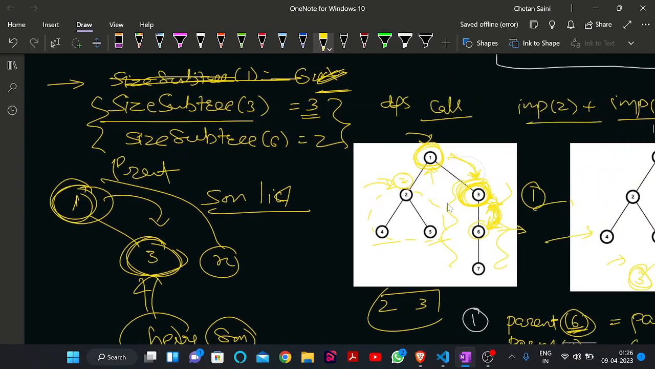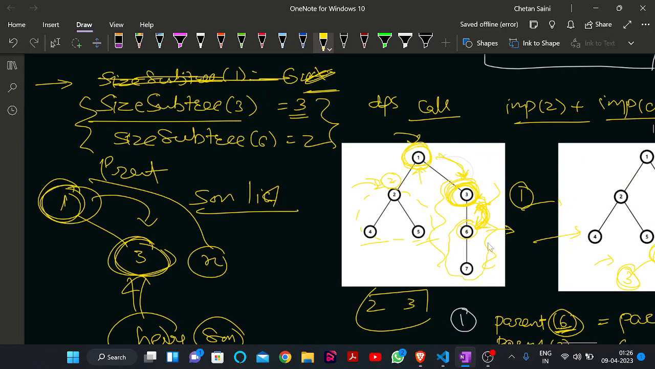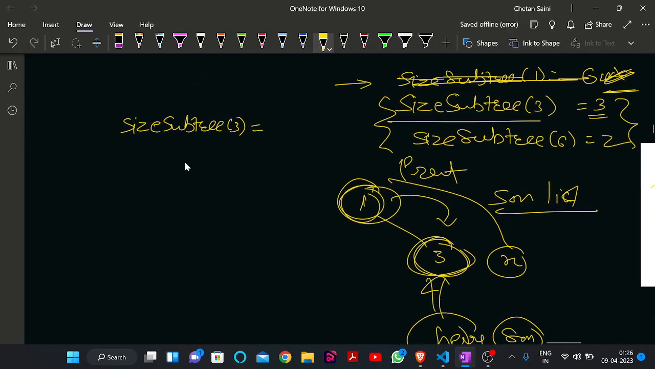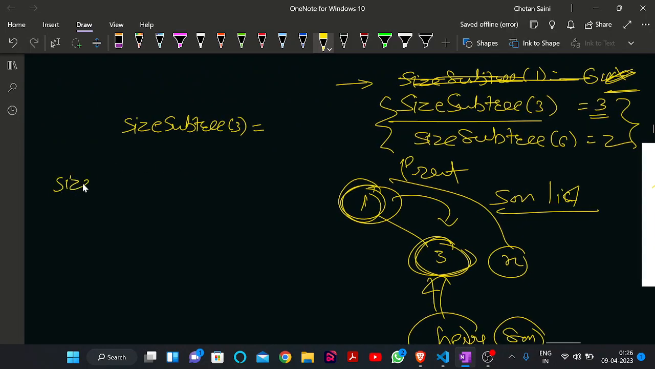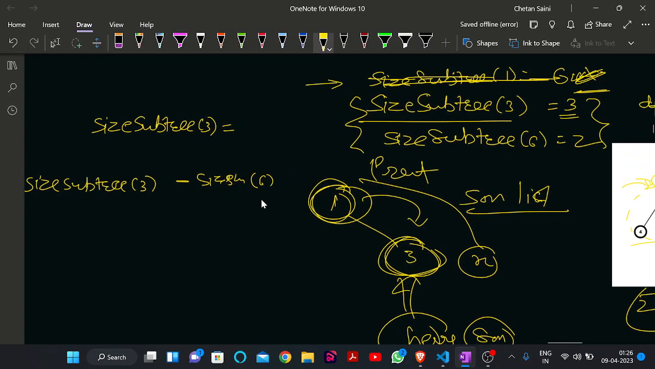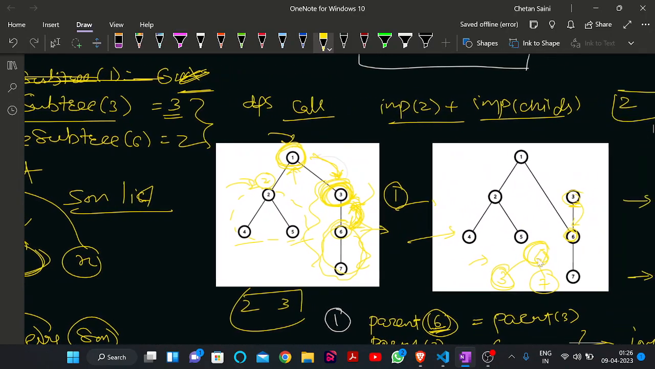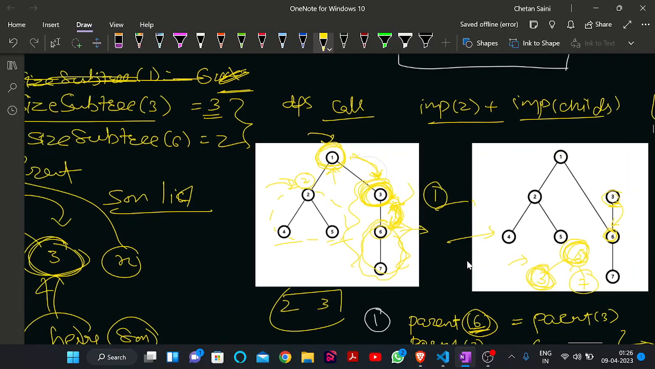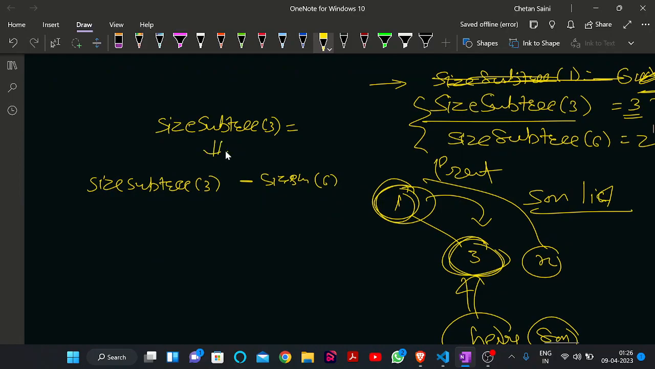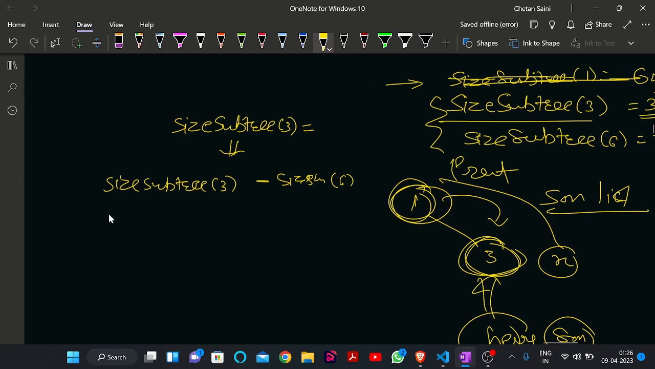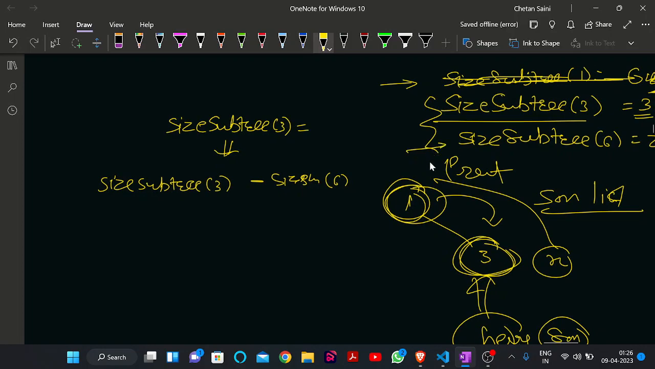As of now, this is containing this also. But now, what will happen? This will be size of subtree 3 minus size of subtree of 6, because that is not a part of this now. 6 and 7, we will subtract size of 6 from this 3. This will be the size of subtree of 3 now, and the change in this will be size of 6 subtree